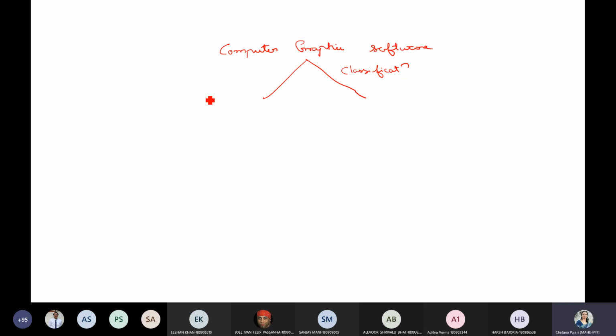So first is special purpose package, and a general programming package. We are dividing computer graphics software into 2 parts, that is special purpose and general programming package.